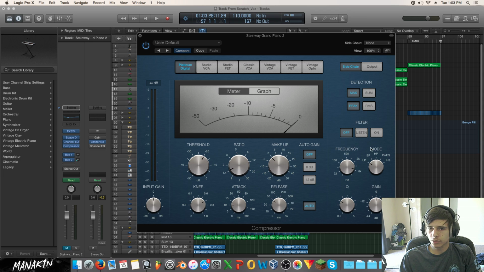And then you have some filtering options for filtering the sidechain for the compression. But what it does is, instead of following the original audio and compressing it based off that, when it goes up and reaches a certain point, it actually follows a sidechain and compresses according to that. So what does that mean? If I send in a kick, it's very powerful whenever it hits. So I'll have a really low threshold and a really high ratio, so it does a lot of compression